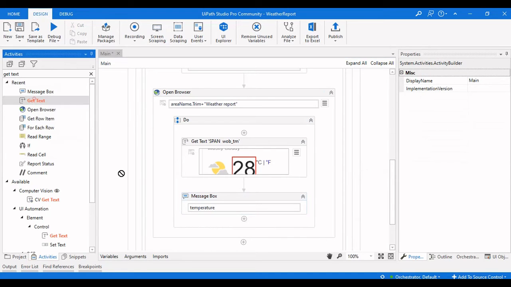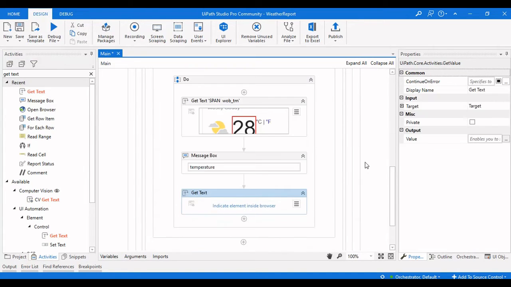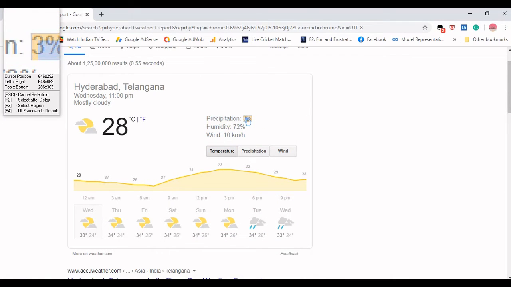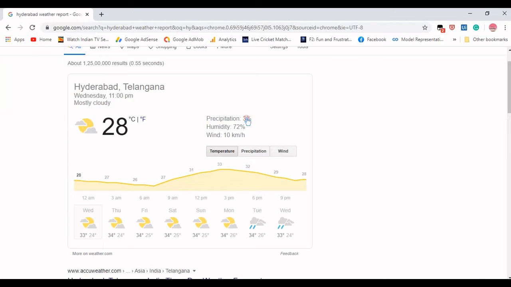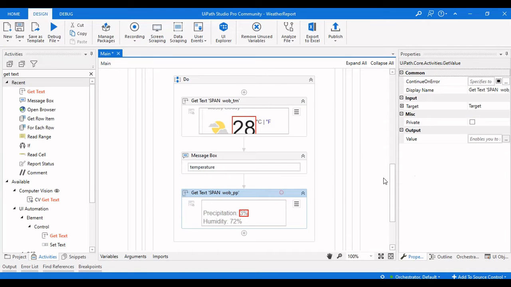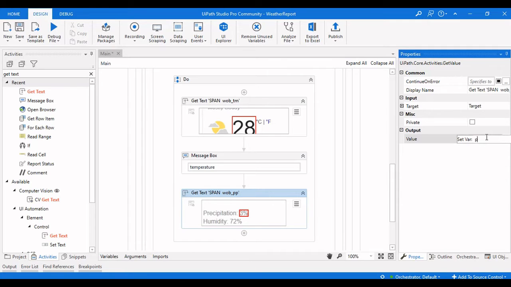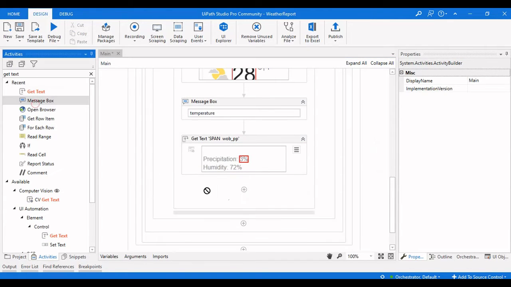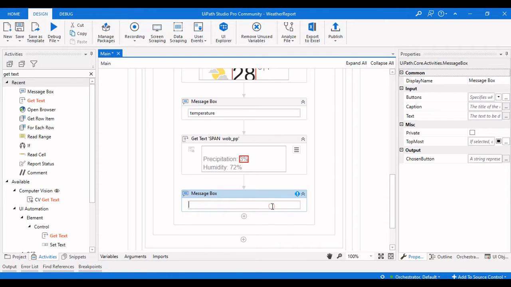Temperature, and we need to use three more get text activities so that we will get all the values here. So this is the precipitation, and then give an output variable here, precipitation, and drag another message box here to see the precipitation value.